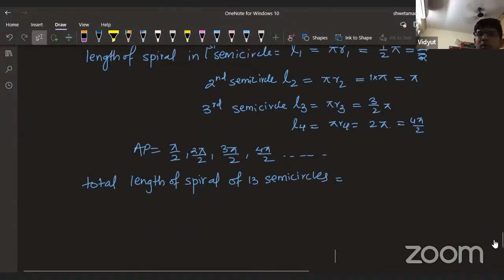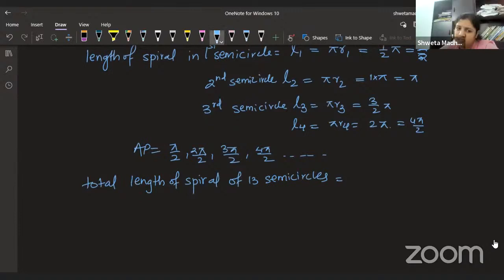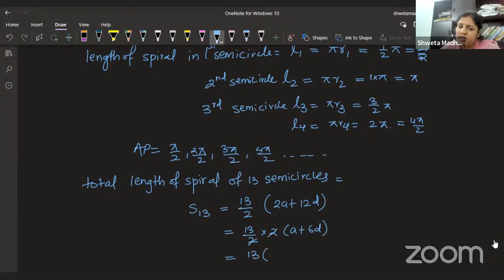Sum, S13. S13 we need to calculate. So S13 is equal to 13 by 2 into 2A plus 12D. So 13 by 2, we can take 2 common, A plus 6D. So what is A and what is D? 2 gets cancelled. 13 into bracket. A is